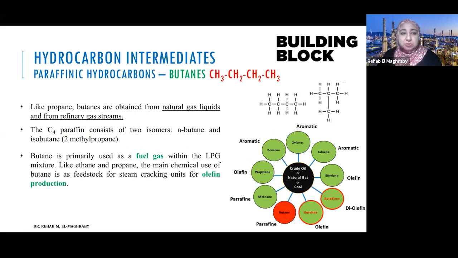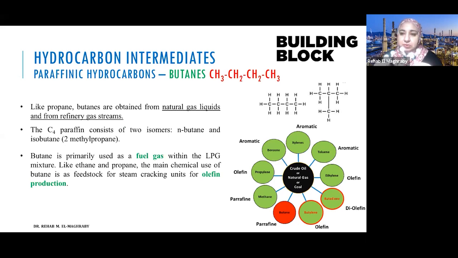Okay, so the last one we will talk about in natural gas, which is mainly one of the components. So methane is one of the components of natural gas, ethane is one of the components, propane is another component, and butane is the fourth component, the fourth important one. The other, heavier components are not very concentrated in natural gas.